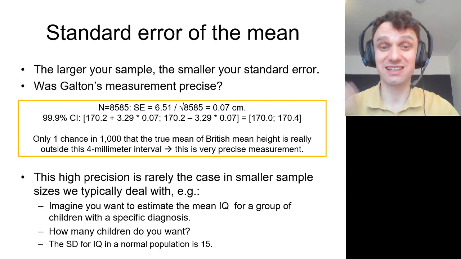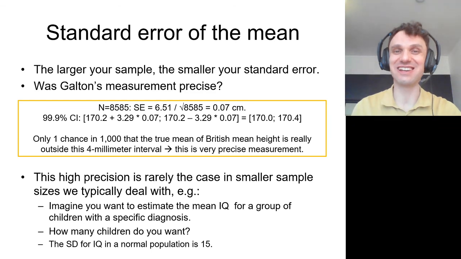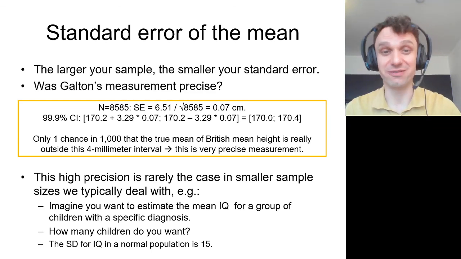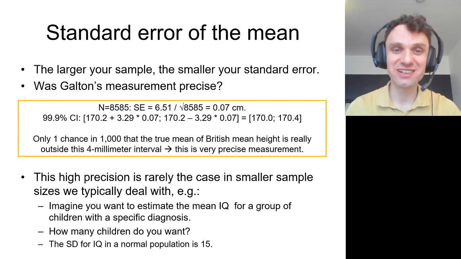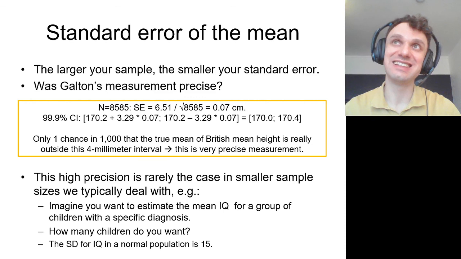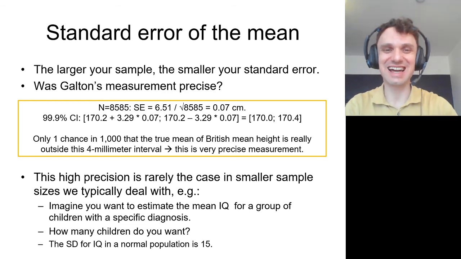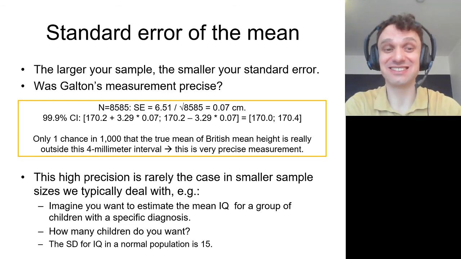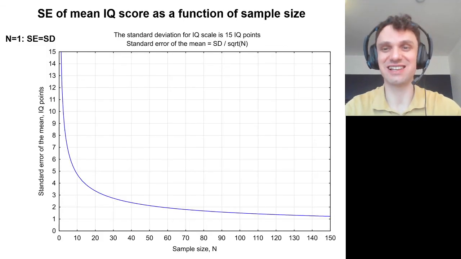So, of course, you can get a very, very large sample if you are as obsessive as Francis Galton. If you calculate the standard error for his very huge sample, you will see that the standard error of the mean for the British people's height is only 0.07 centimeters, so it's smaller than 1 millimeter. Basically, it's even more precise than the precision of a ruler used to measure this height. So this is extremely high precision. And probably, normally we don't need such large samples.